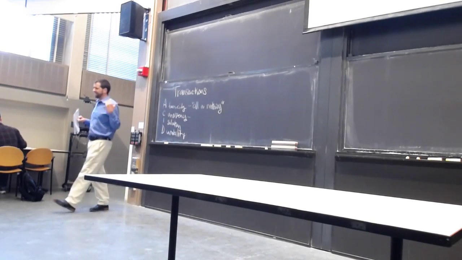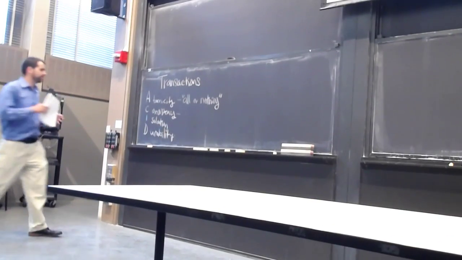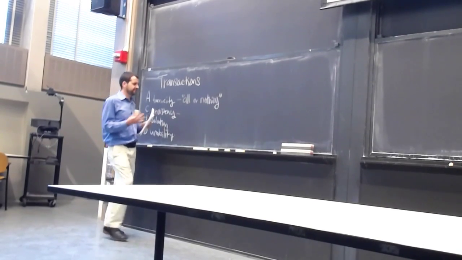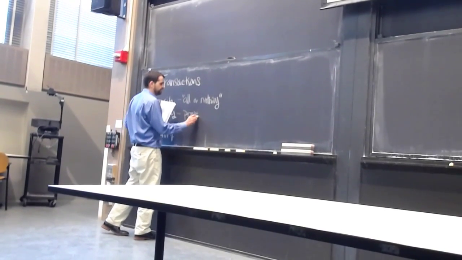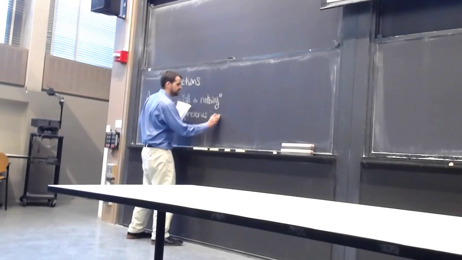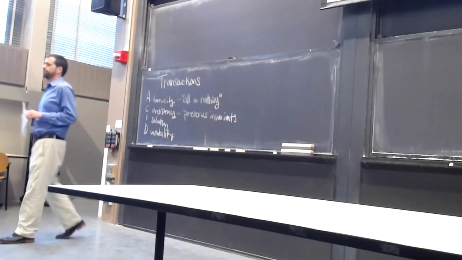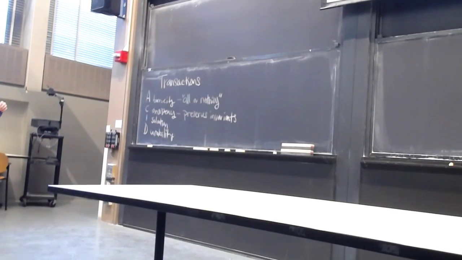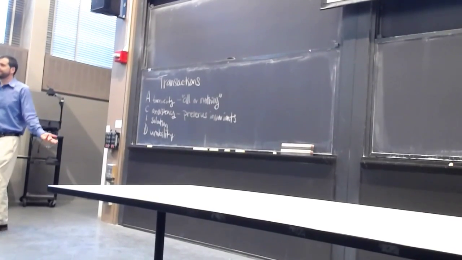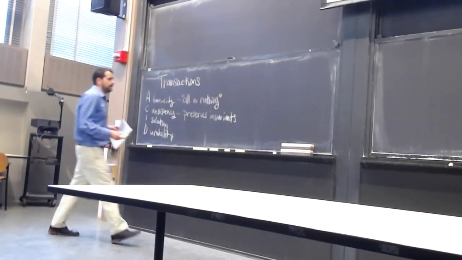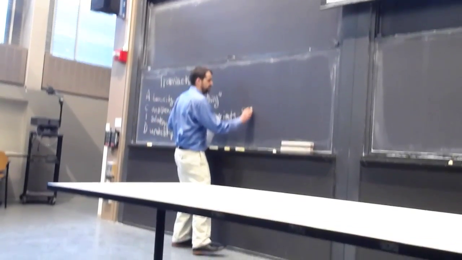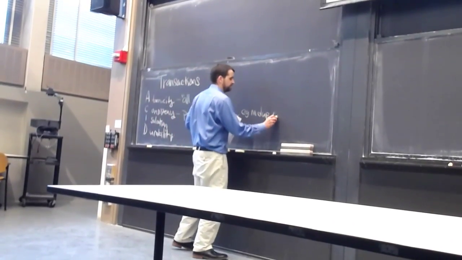Consistency is sort of the weird one here. We're not going to spend a lot of time talking about it, but in databases, typically what consistency means is that it preserves some invariants. And consistency in SQL-based systems is typically enforced by the SQL language or the SQL system. The simplest kind of invariants are primary key constraints. So I can say every table has a primary key, and there will be no duplicate primary keys. That's an example of a consistency property that the database might enforce for you.